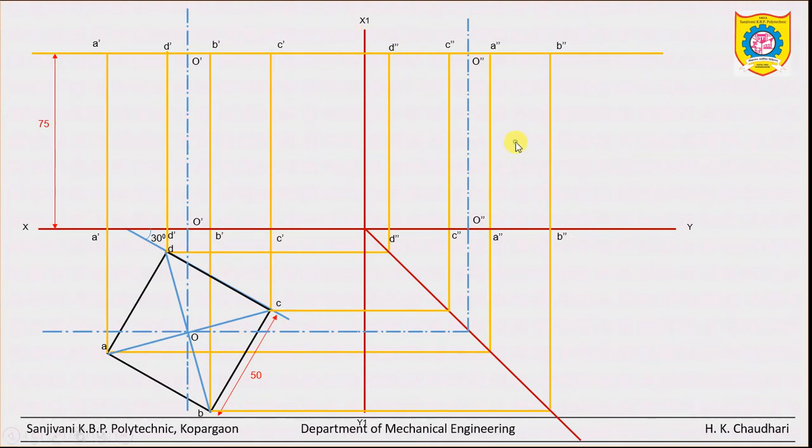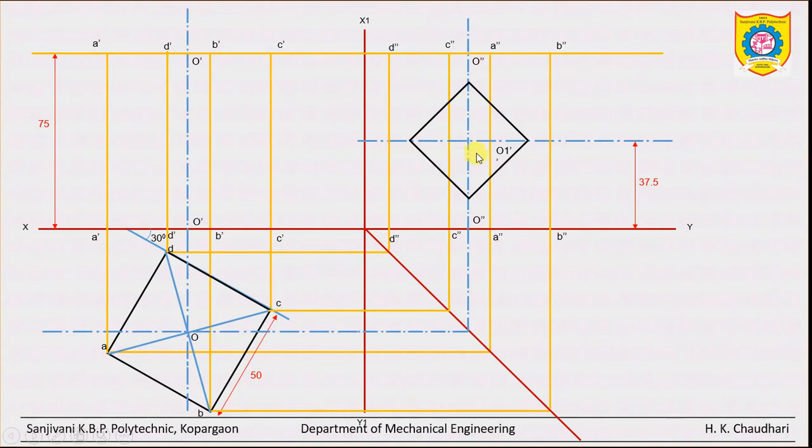So draw here by taking 37.5 mm, half distance, because the axes of both prisms bisect each other. So we have taken half of this 75. Draw here, we got the center point and such a square, the left face. This is the left and right face, the overlapping face.